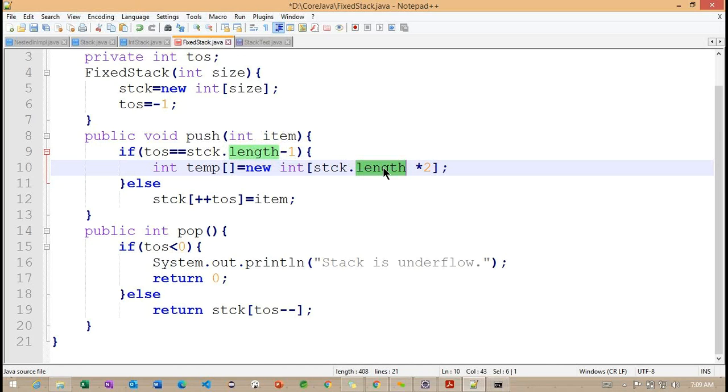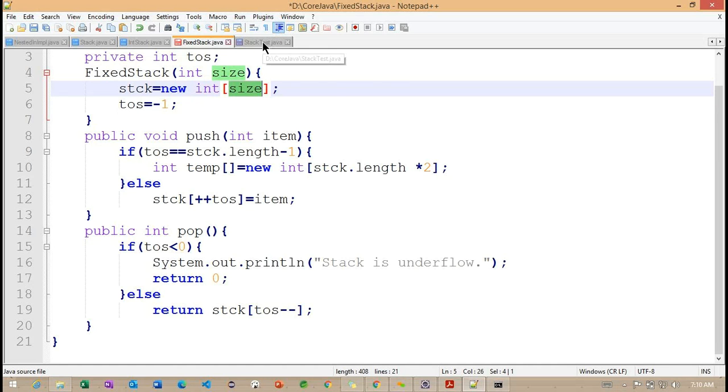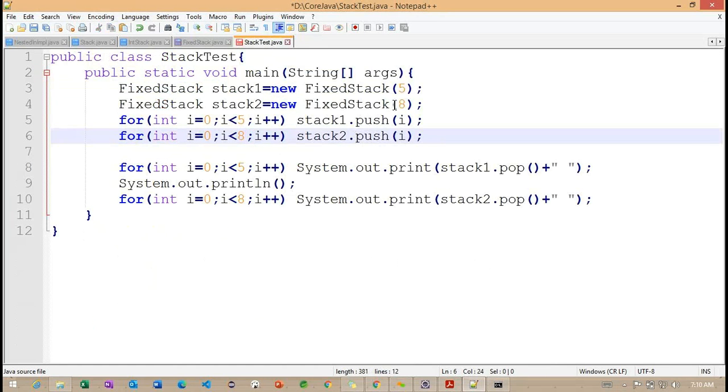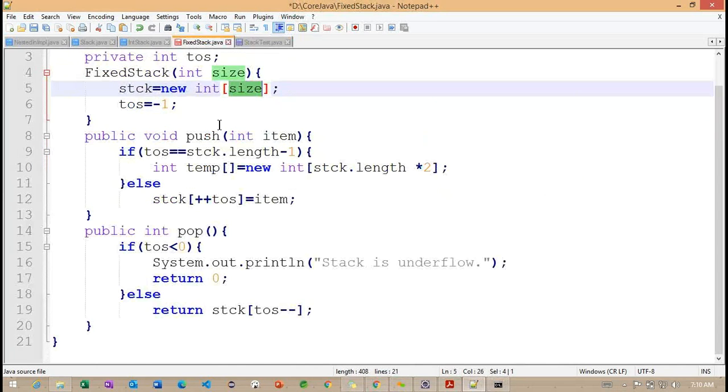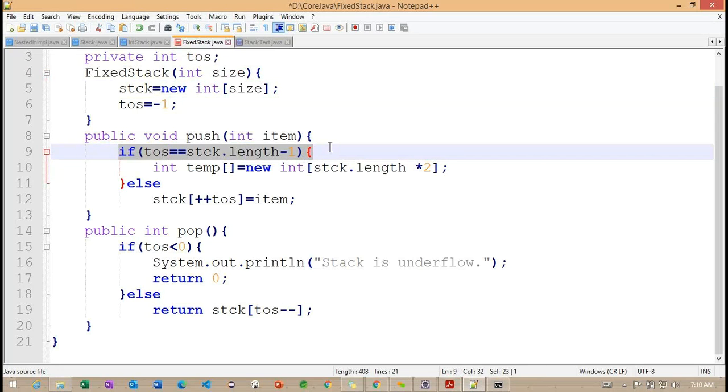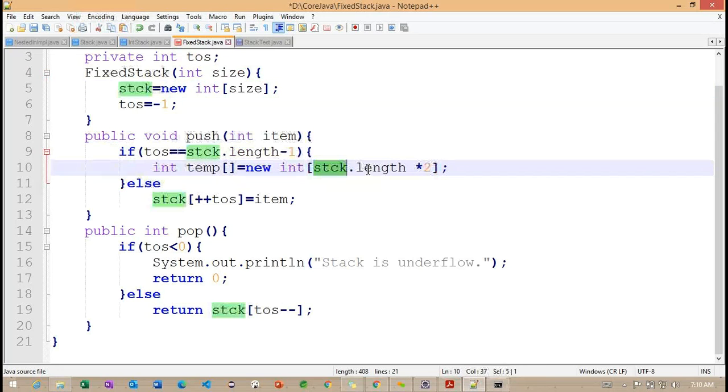So what is the length we are going to have here? The size will become length. What size are we providing here? The size we are providing is 8 here. Whenever we provide this size as 8, what happens internally? This condition is satisfied.